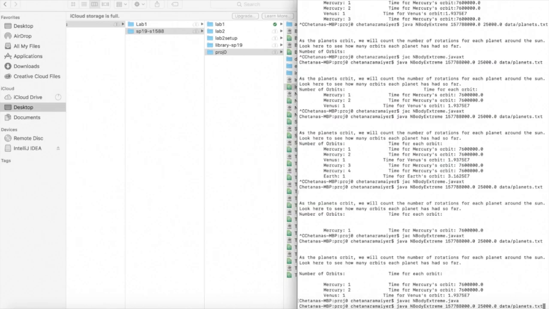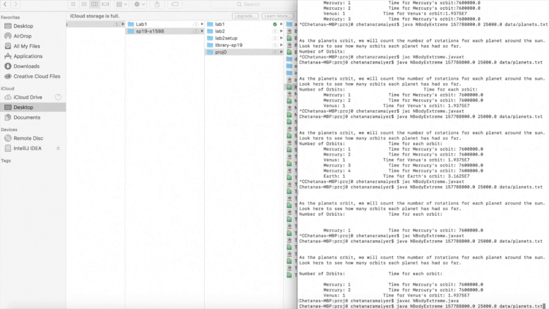what happens. In order to do this, I made Body Extreme a subclass of Body because it shares many of the same properties. However, I had to add a few instance variables. For example, I added the number of orbits, the updated position of each planet, the original position of each planet, a Boolean that showed if the position was updated, and also an instance variable that was the time for each